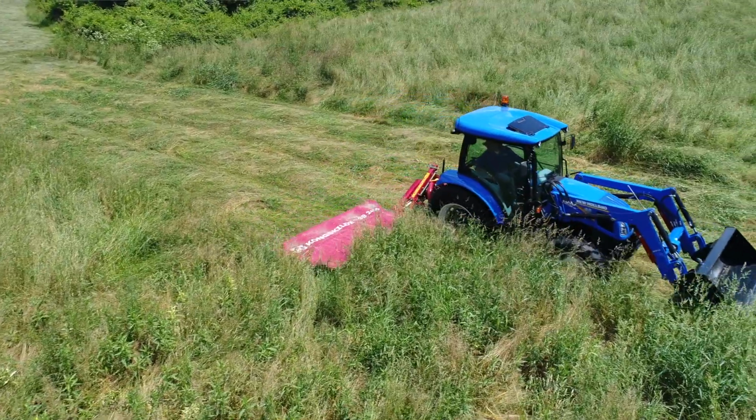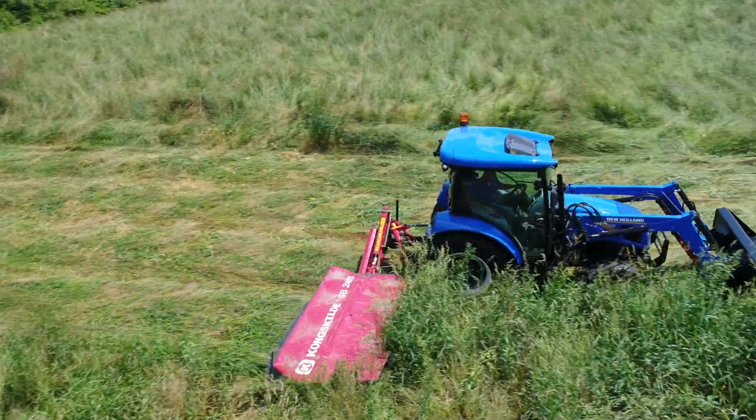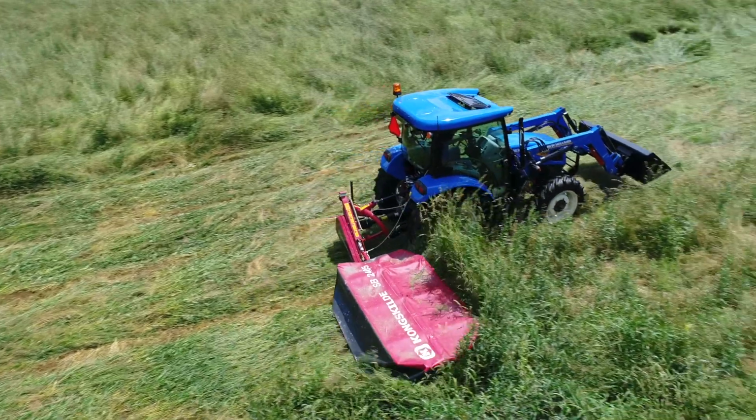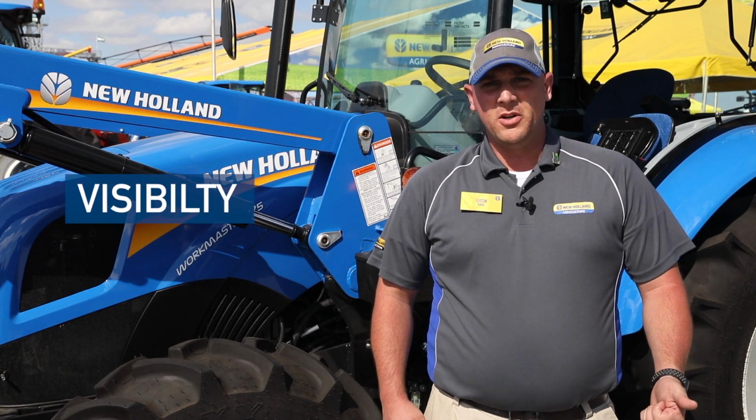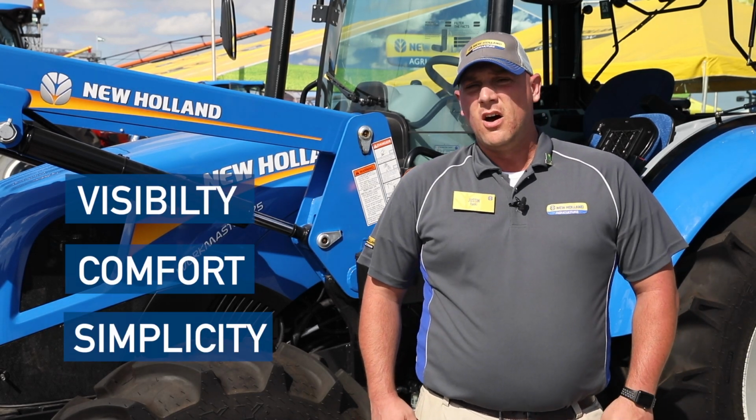Today I'd like to talk to you about the new WORKMASTER 55, 65, and 75 series tractors. Here today we have the WORKMASTER 75 cab. There are three things you really need to know about this tractor: visibility, comfort, and simplicity, all at a low